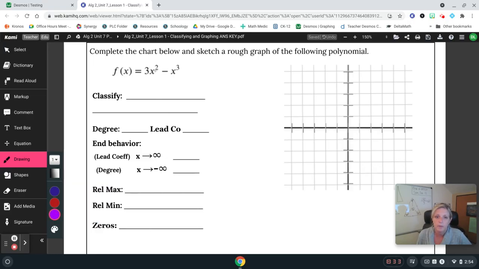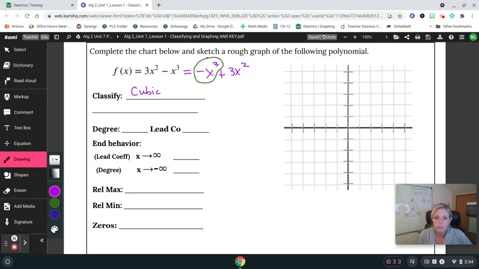No, because it goes from x squared to x to the third. So I'm going to rewrite this in proper form. So I'm going to say negative x to the third plus 3x squared. Okay, now this puts it in the right order for me, and I know this is my leading term. And so I know that to classify this, if it's x to the third, that is a cubic